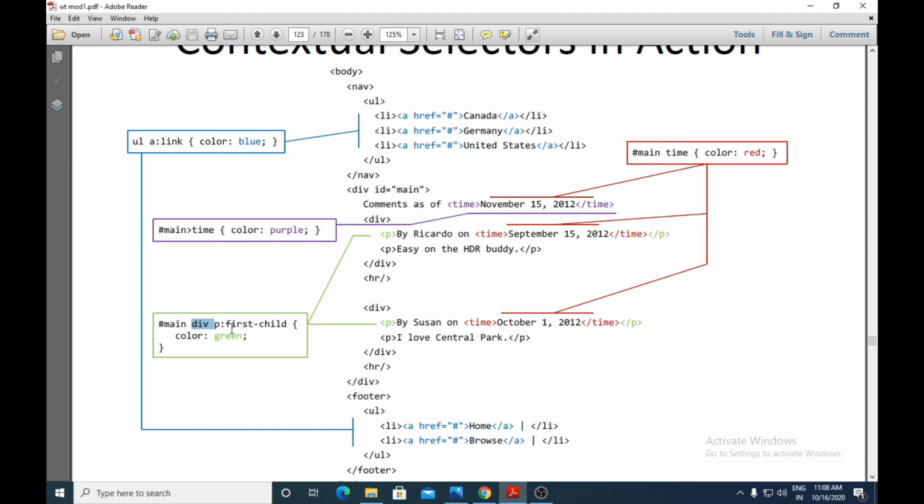Attribute selector. Okay, then we had other selectors.